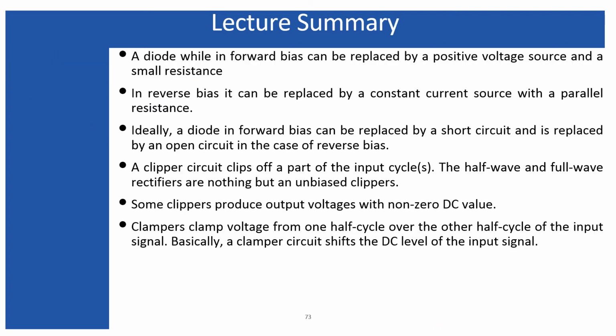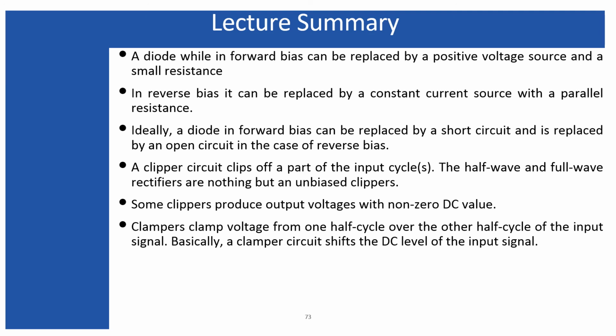Let's summarize the lecture. A non-ideal diode can be modeled using a DC voltage source and a resistance connected in series. The polarities of the voltage source will be such that it generally should oppose the current to flow from the source or from the sinusoidal signal source until and unless the voltage of the signal or the source will be greater than the DC voltage source. So that is why the DC voltage source should have the voltage which is equal to the cut-in voltage of the diode.